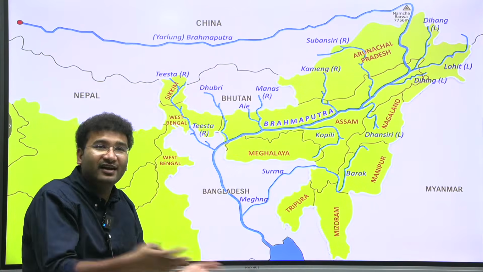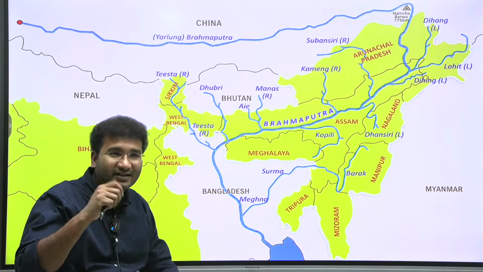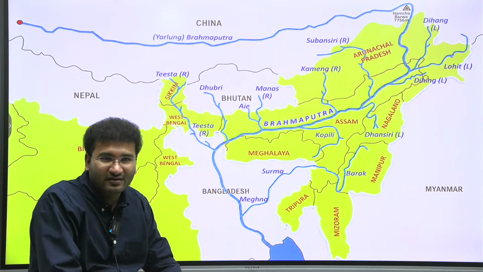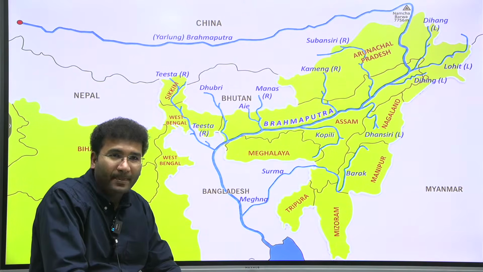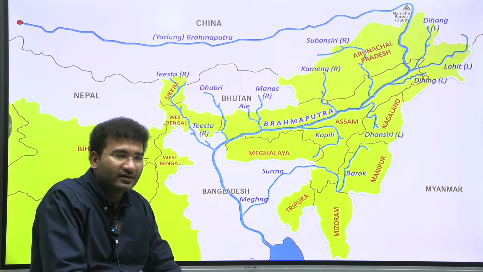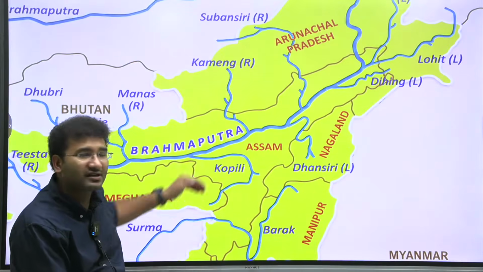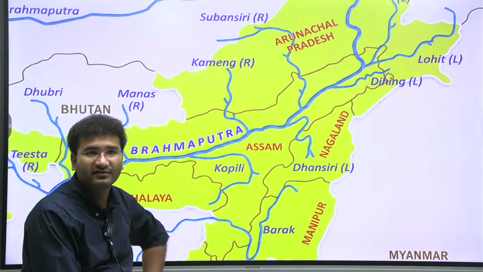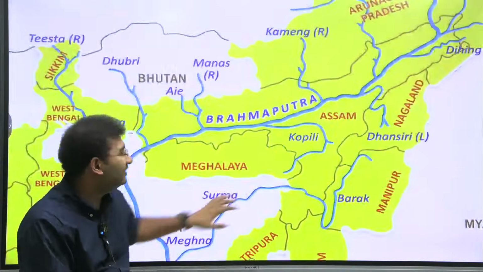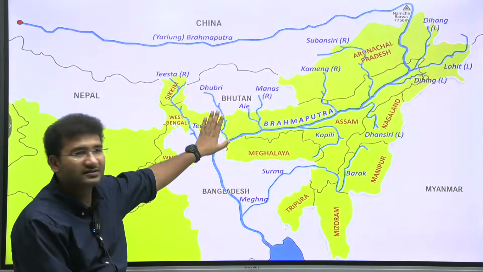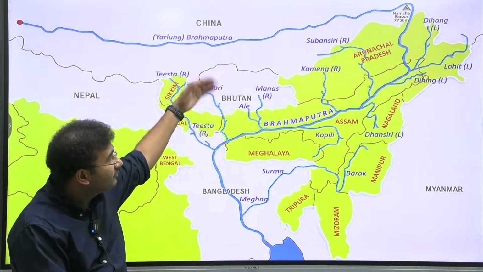So India is actually a riparian state, but not the source state. Understand? India is a riparian state, but not a source state. So that's why our rights on the Brahmaputra are limited. So we try to make sure the effective utilization of the rivers which are there on the left bank rather than on the right bank. Understand? So left bank is completely Dhansiri, Kopili, Dihing, right? All of these rivers are completely present in India, but the volume is less. The volume which is coming from the north is more.